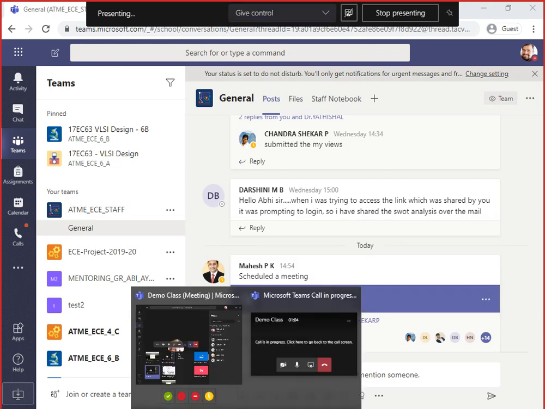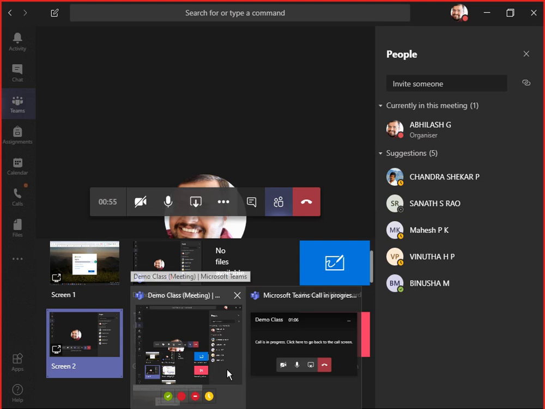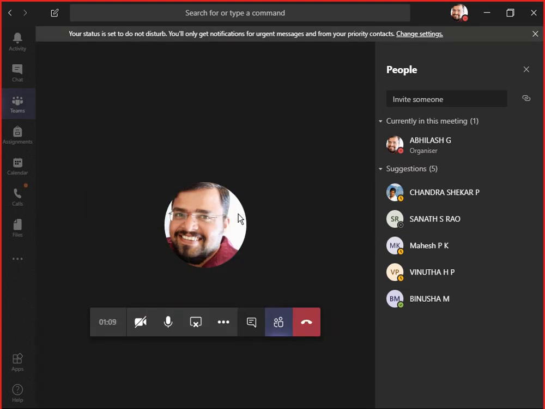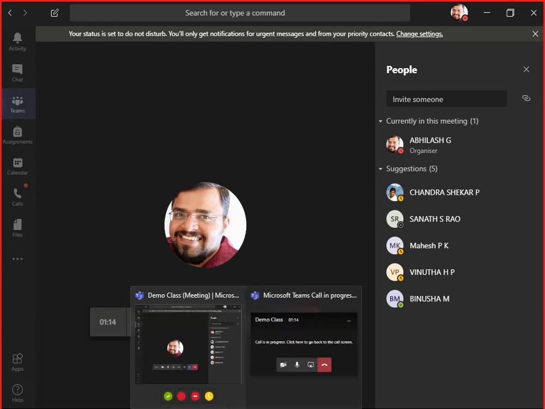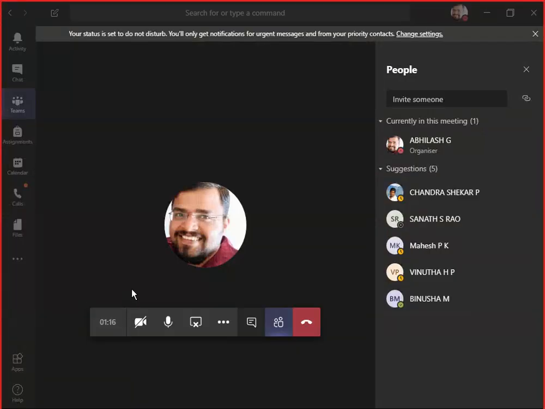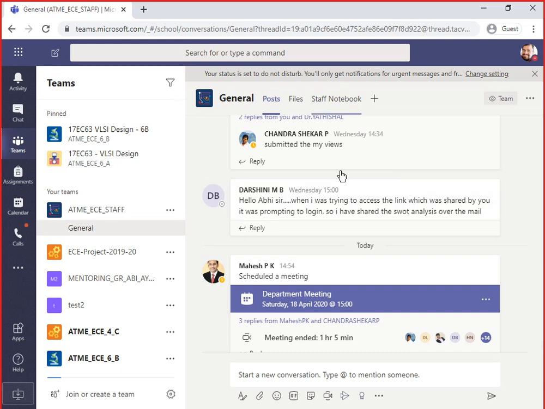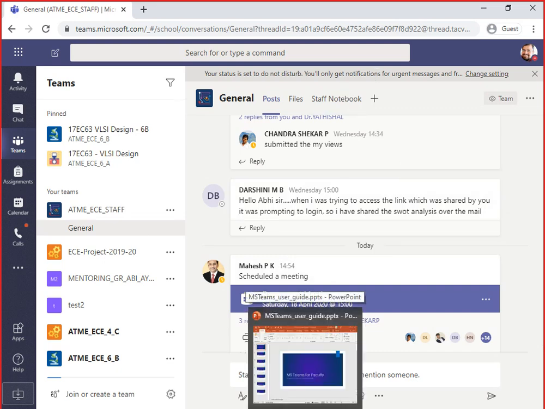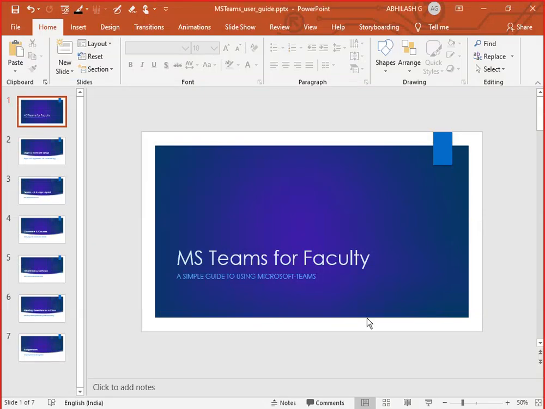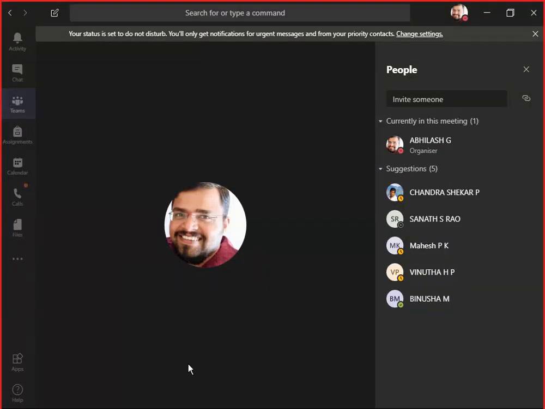To open Teams back, you just come back here and click on the Teams tab, and this tab will be back to you. If you would like to open some other app, you'd simply have to open that specific app as the window in that particular tab. If that window gets shared, so if it's a PowerPoint presentation, you can just click on the PowerPoint presentation, and that will be shared with the viewers on the other side. Now this is as far as establishing a meeting and taking a class.